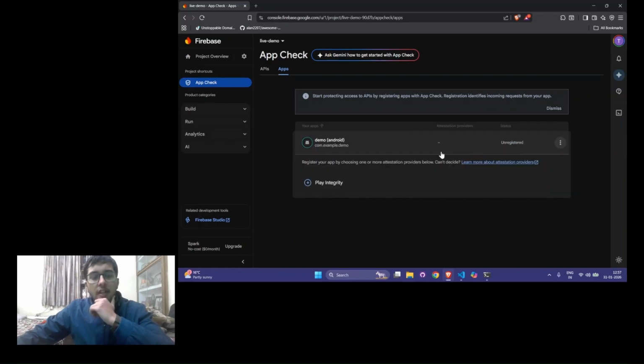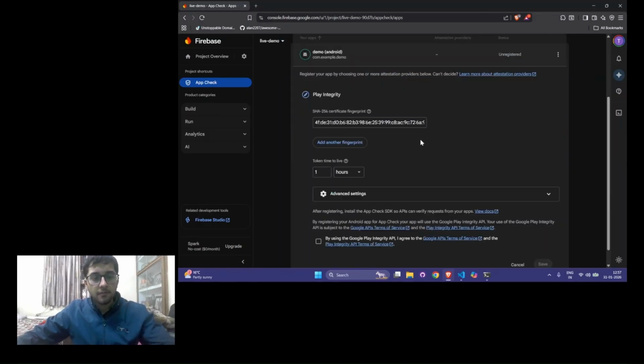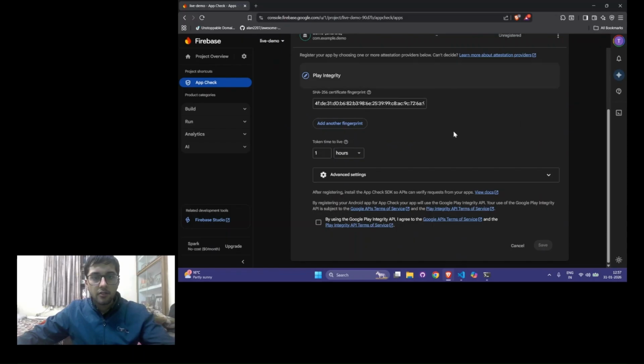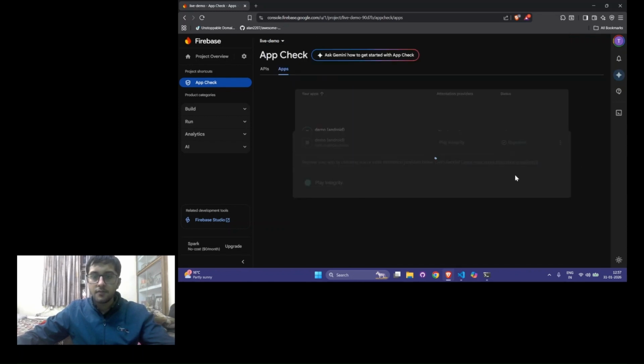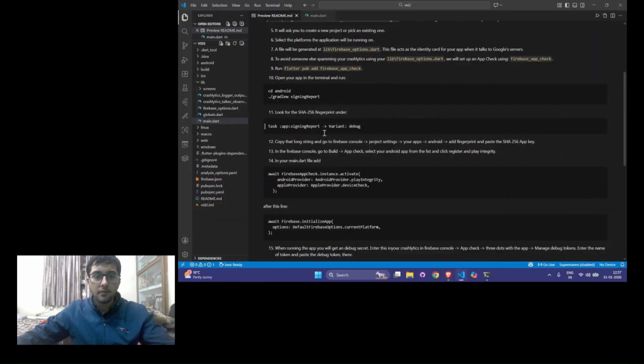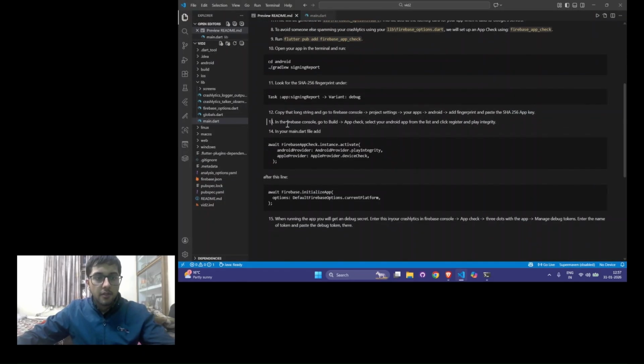and we'll register our application. Play Integrity. There's no need to add another fingerprint, and save. So now the app has been registered successfully. The next step is in your main.dart file, we'll add this after the Firebase initializeApp. So now coming back to the coding part,